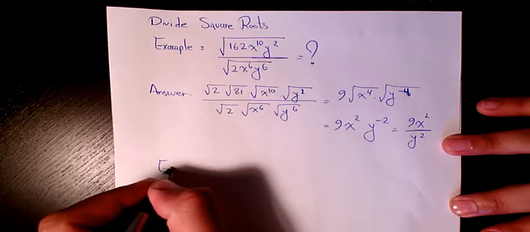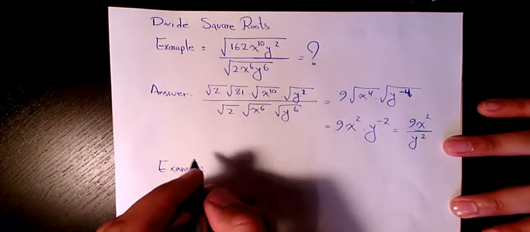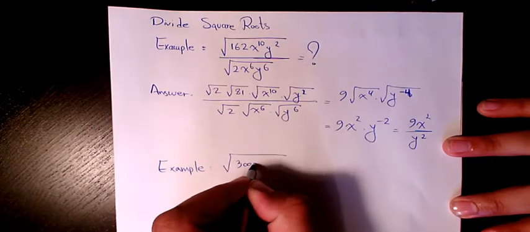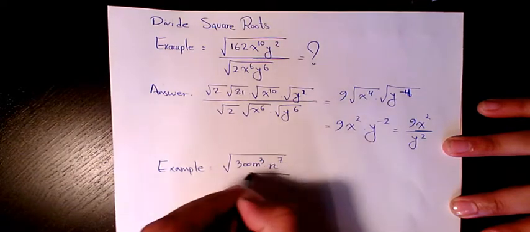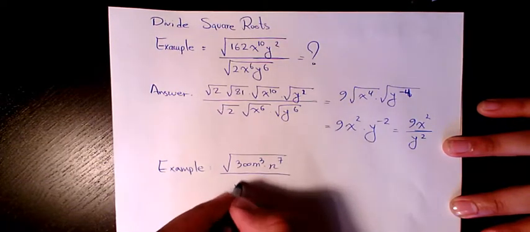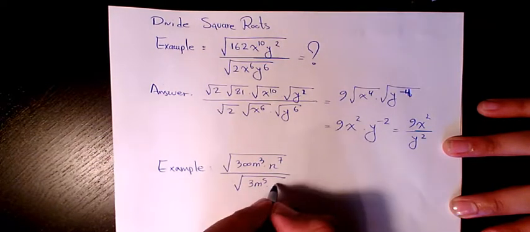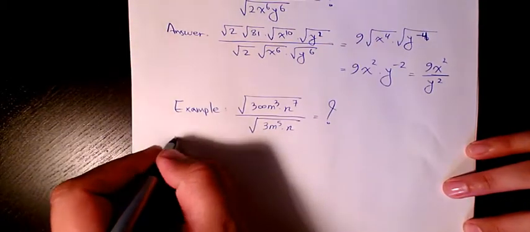Next example is square root of 300 m to the power of 3 n to the power of 7 divided by square root of 3m to the power of 5 times n. The answer will be